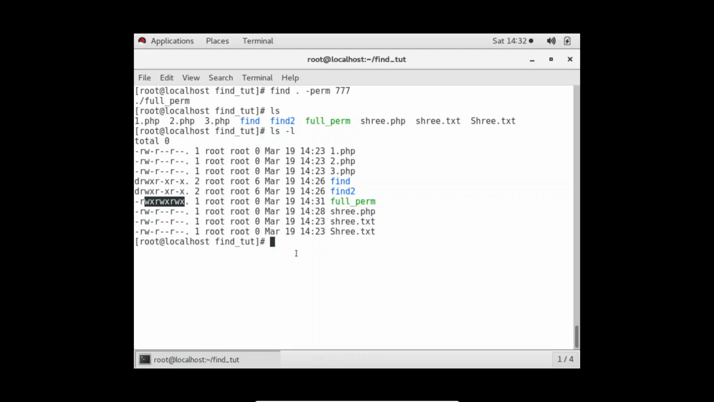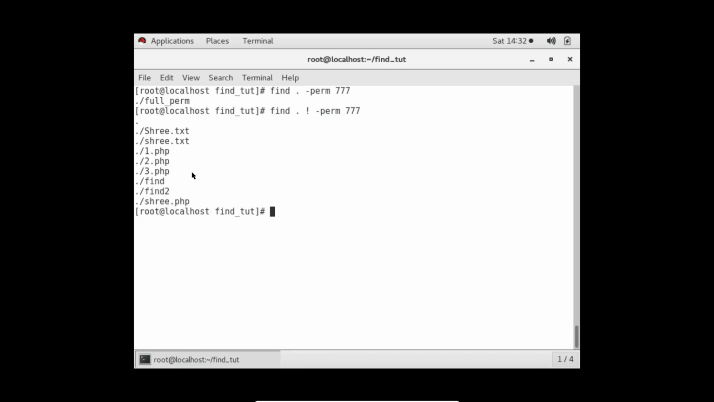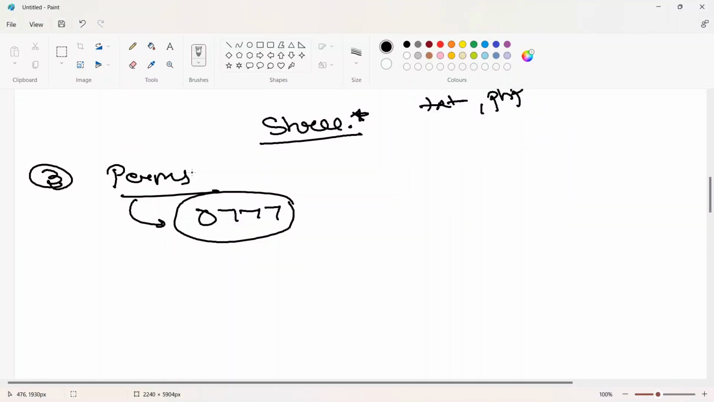But yeah, just focus on the hyphen perm option. Another option is this: only this file is being given because it has full permission, but I want to find files without the full permission. So what I can do is use the exclamation mark. Exclamation mark means not. So hyphen perm